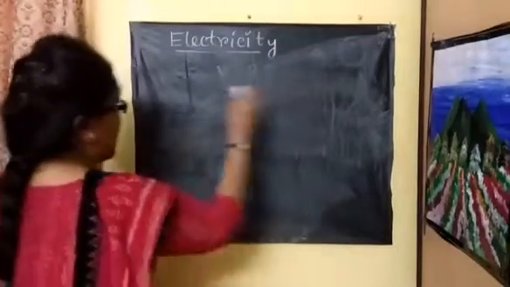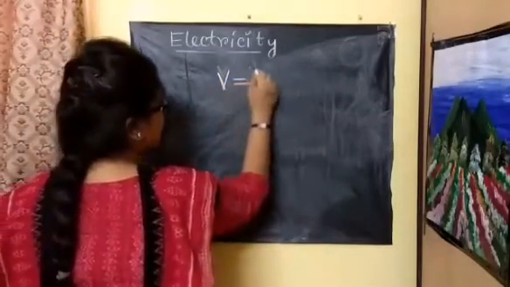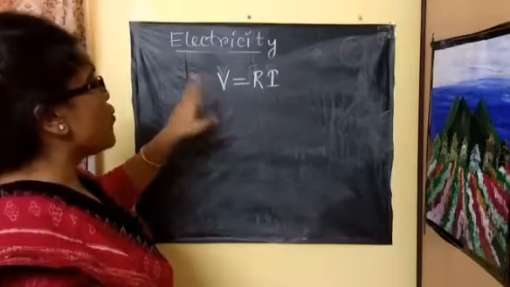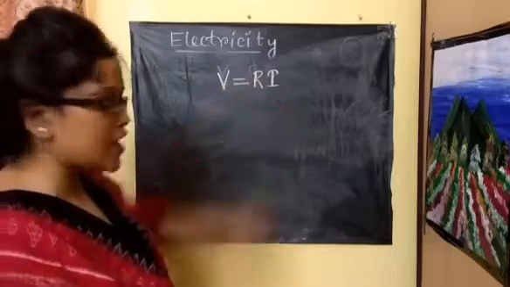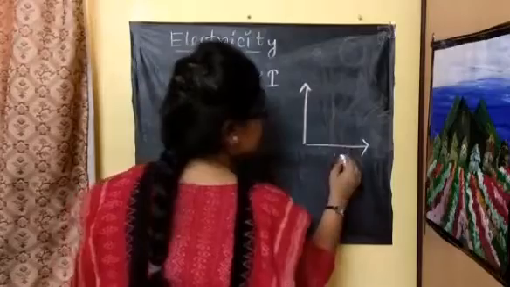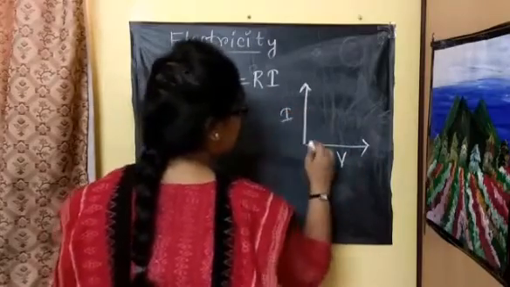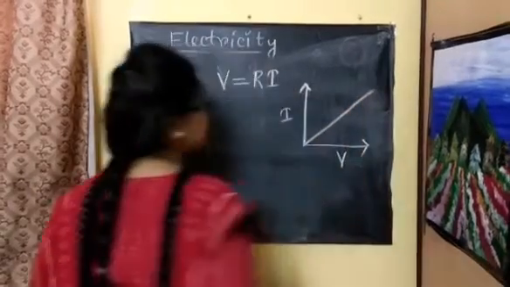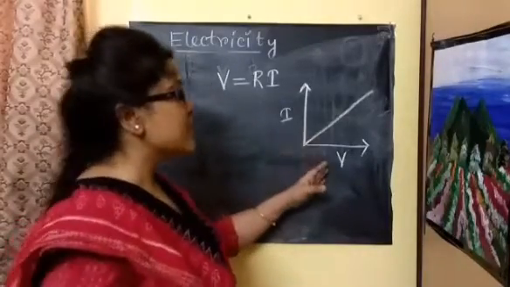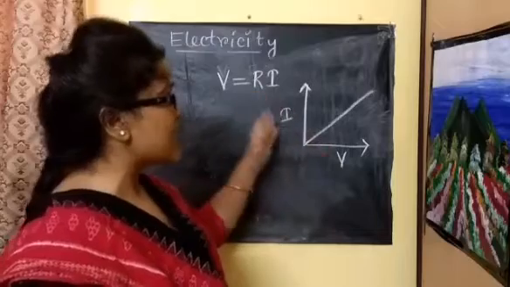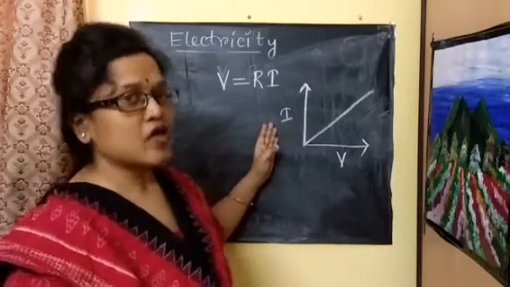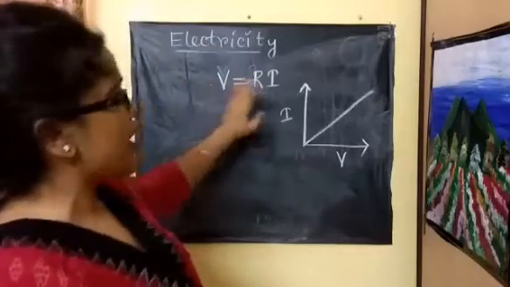Now see, as we know, V equal to R I. Clear? So this is a linear equation. The more the potential difference, the more the current flow. If I plot it on an xy axis, this is V and this is I, I will get a linear relationship. Students, this graph is very important. This is called the ohmic graph, or linear relationship graph between voltage and current for a conductor following the ohmic equation. Ohmic equation means V equal to R I.